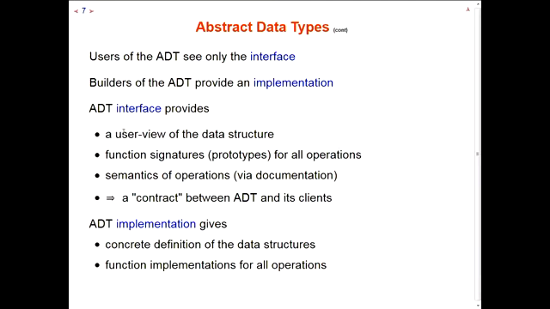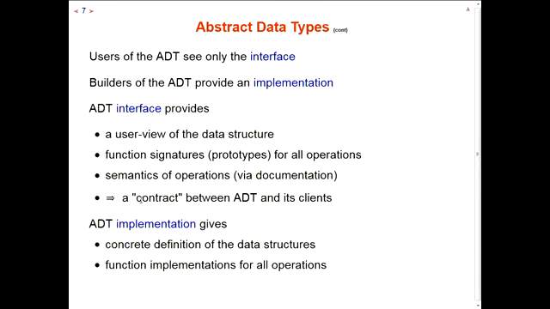Now, the interface provides that user view of the data structure and therefore provides function signatures, which are also known as prototypes, for all the operations, such as pushing and popping. It sometimes provides the semantics of the operation via documentation. Often documentation just means that when you provide the function interface, you add comments as to how these functions should be used. And you can view all this as a contract between the abstract data type and its user